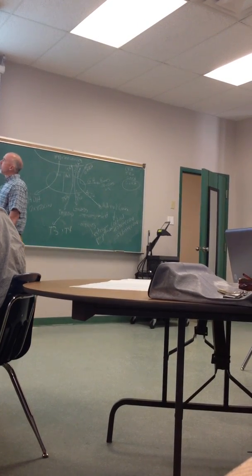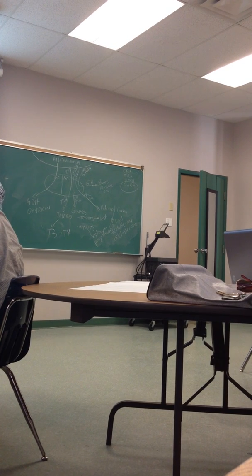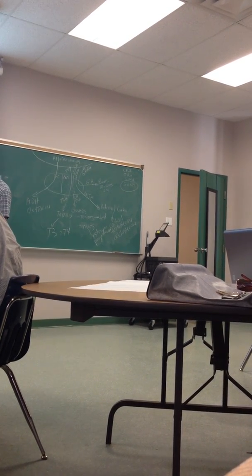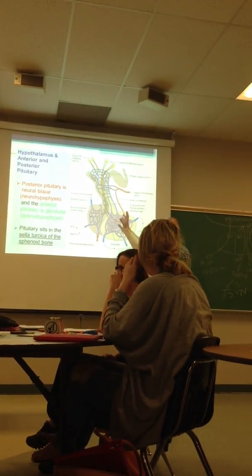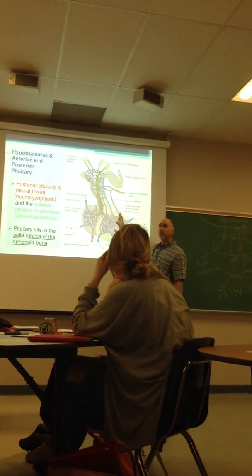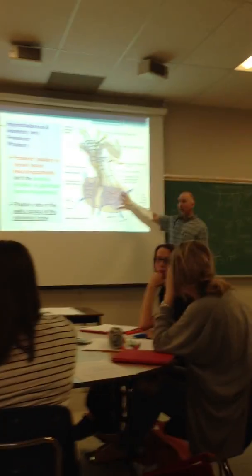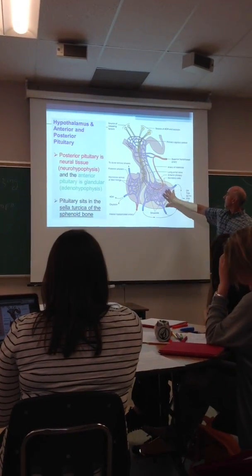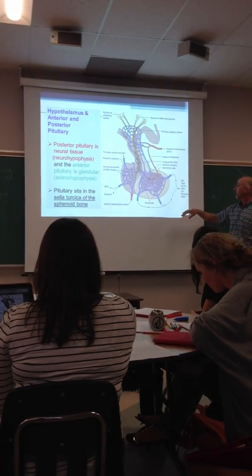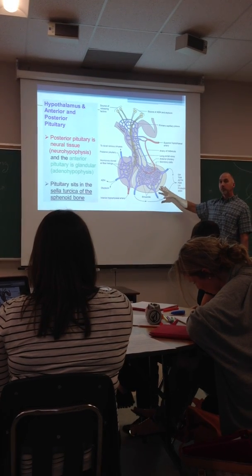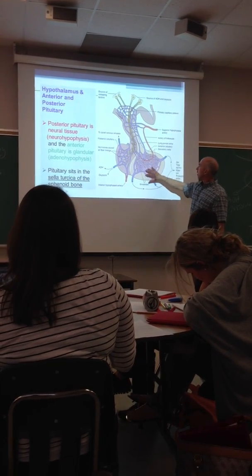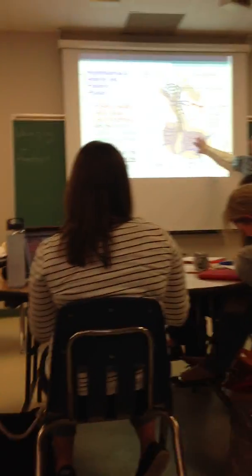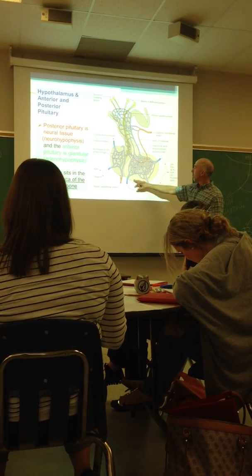Now, notice when you look at this picture, you're looking at this capillary network in here. That's significant because why? All this blood, very vascular area. Why is that significant? The anterior pituitary is making all these hormones and releasing them, and they have to go into the bloodstream. So it's a very vascular tissue, right? So when these hormones are made, they just directly diffuse into the capillary network here, and now they're going to be transported throughout